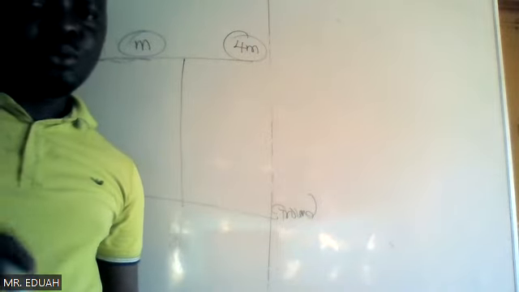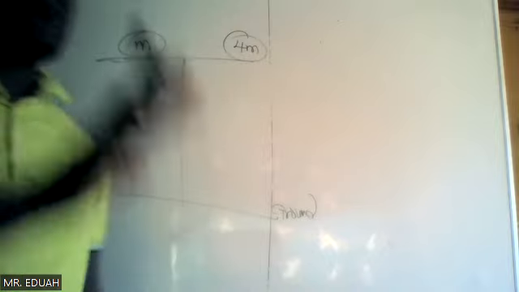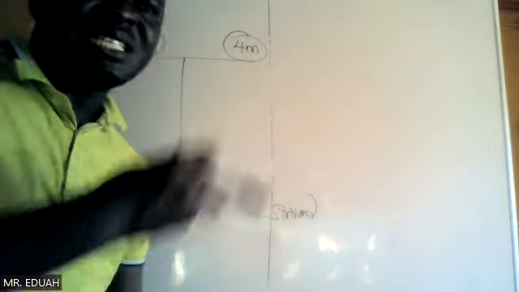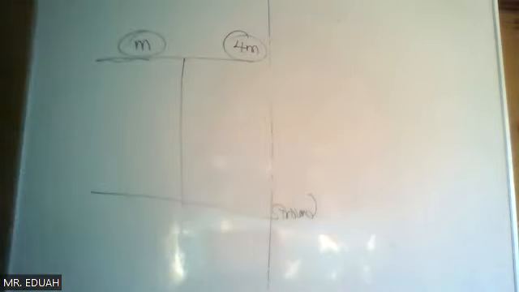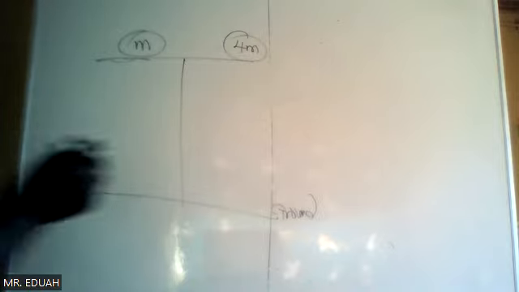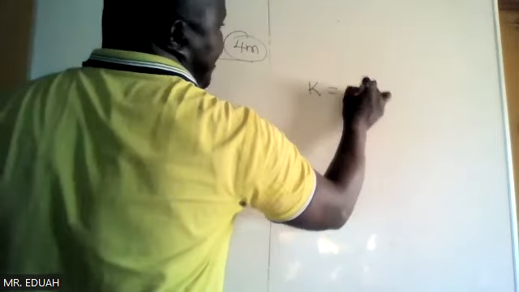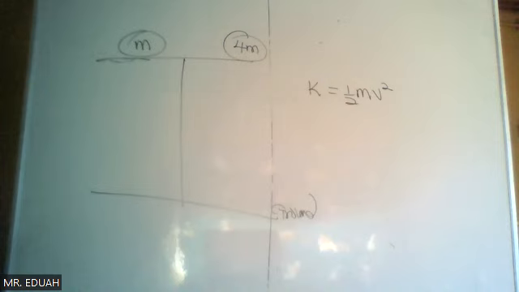It's not just when they hit the ground. When they hit the ground, they've come to a stop. So we are looking at the kinetic energy just before they hit the ground, the ratio of this. Kinetic energy is still half mv squared. Meaning, we'll need their masses